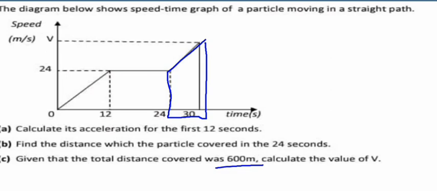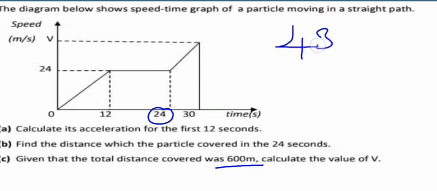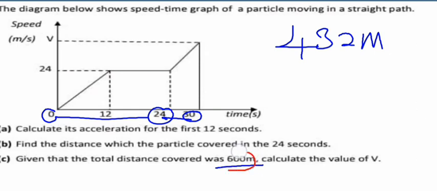So since we have already calculated the total distance covered by an object in 24 seconds, and it was 432 meters, this one was the distance from 0 up to 24. So for us to find the distance from 24 up to 30, since we know that the total distance is 600 meters, we are just going to say 600 meters minus